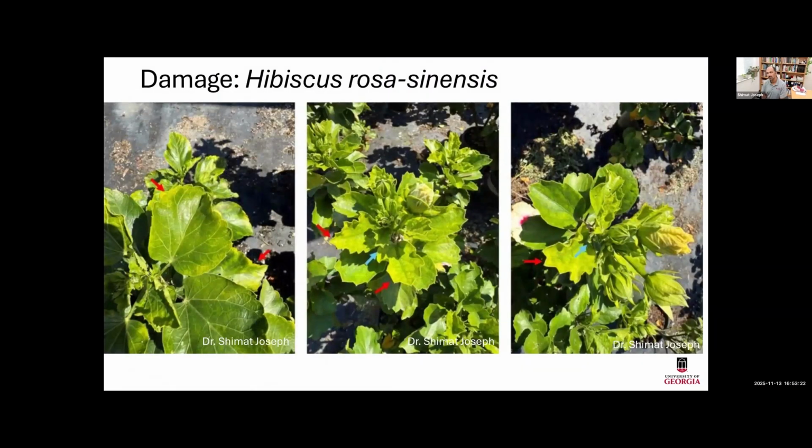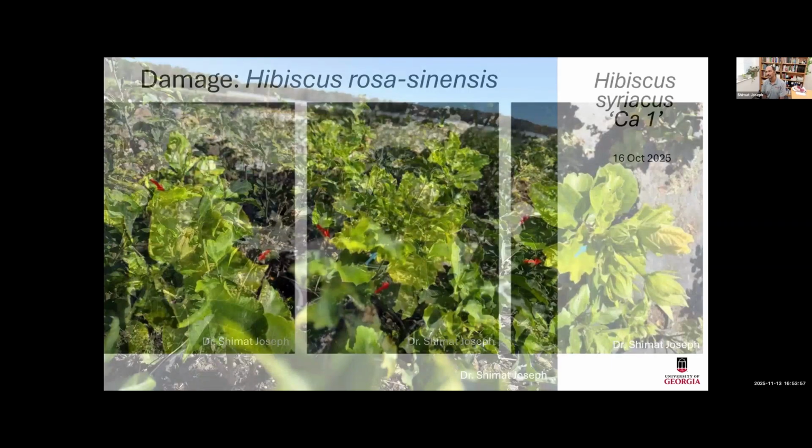The problem we are concerned with in ornamentals is that we may not see necrosis or hopper burn, but even here, you can see the feeding causes yellowing. That starts from the margin and eventually spreads all over. And I have seen places where the leaves drop off completely. So for us, this is economic damage because our business is beauty and should look good, should be quality plants. This damage can be a quality issue and an unmarketable situation for our ornamental industry.